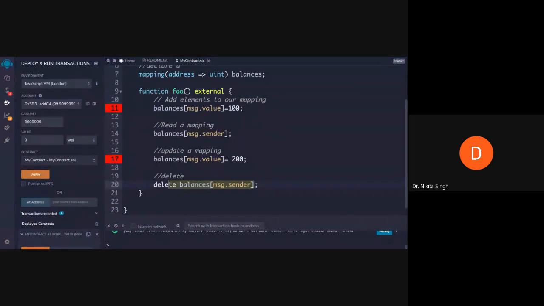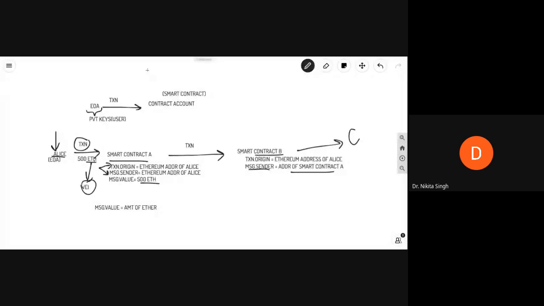So this payable function will allow your smart contracts to accept ether. In order to send ether to a smart contract, you need a function declared using this payable keyword.